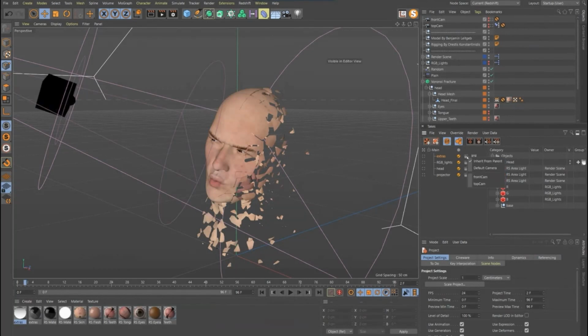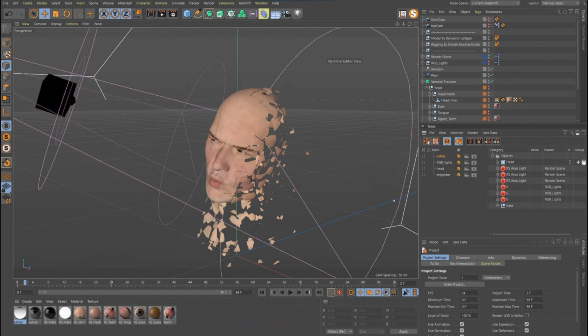Next to that is the camera. Right now it's set to inherit from parent, but if you had 5 different cameras, you could set up 5 different takes and tell each one of these to render from a different camera, which is great. And same thing with the render settings, inherit from parent. So whatever my main is set to, that's what the render settings will be, that's what the camera will be. But you can make a bunch of different render settings and have each take also render a different render setting. So I'm going to check all of these on, not my main, because I don't want that one.